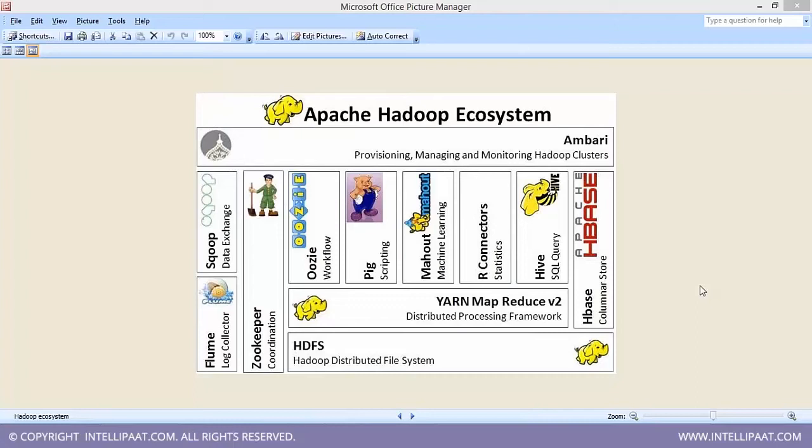Now the queries we have to write in multiple tools. So we can write code in MapReduce in core Java, or we can use Hive as a query tool. We can use Pig as a scripting language. We can write code in multiple other formats like Spark, Storm. There are various tools available in the Hadoop system.